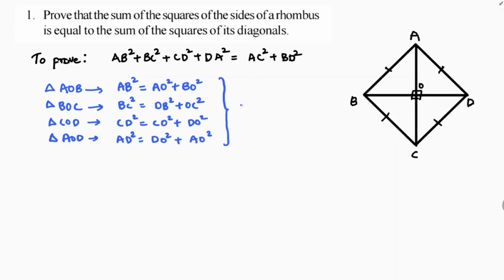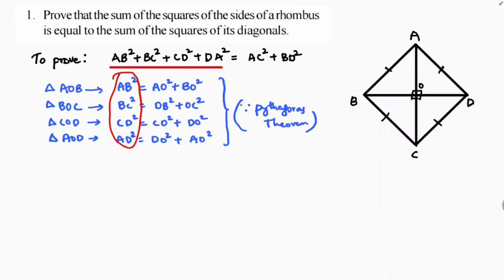This is all because of the Pythagoras theorem. In a right angle triangle, the square of the hypotenuse is equal to the sum of the squares of the other two sides. Now if you observe, I need AB square plus BC square plus CD square plus DA square. So I'll add all these four equations. AB square plus BC square plus CD square plus AD square. AB square is AO square plus BO square,